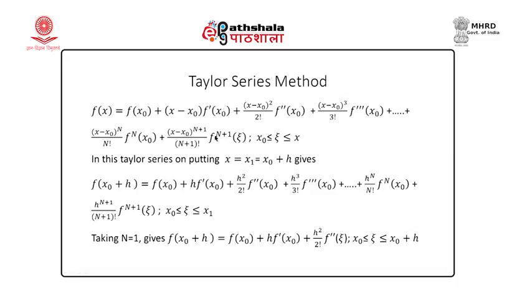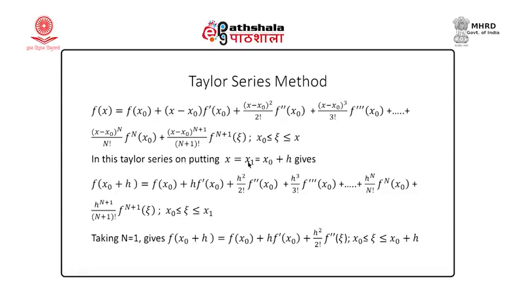So, in this Taylor series, x0 is there, let us put x as x1, so x0 plus h. So, we will estimate f at the point x0 plus h. Though this Taylor series is at first sight used to estimate the value of f at the point x0 plus h, here f(x0 plus h) is known and we will use this series to estimate f dash at the point x0. So, if we put x as x0 plus h, we get f at x0 plus h is f(x0) plus x minus x0, which is h. So, you get powers of h now.